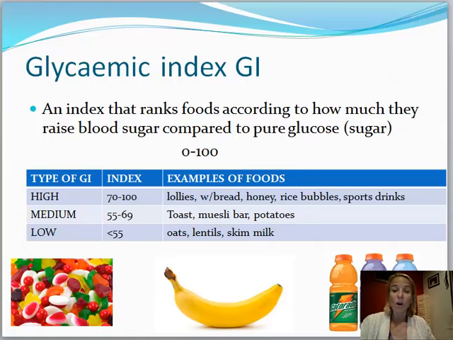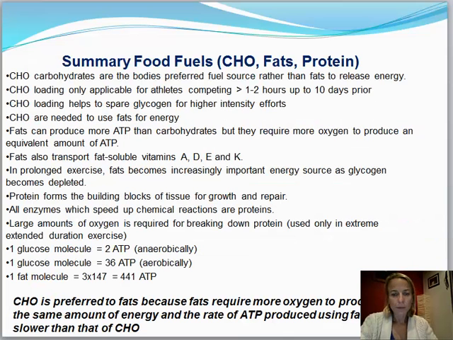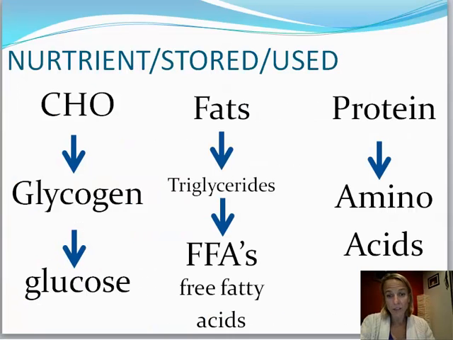Athletes, when they're exercising, particularly in extended periods, over an hour or a couple of hours, need to have high GI foods while they're competing in order to top up those carbohydrate stores, so that that sugar actually does get into the blood very quickly. Here is a summary of each of the food fuels, the carbohydrates, fats and protein, and a reminder of how each of those nutrients